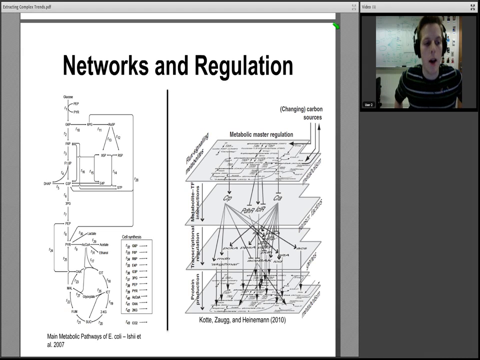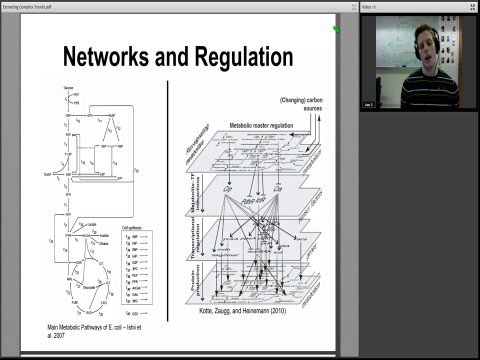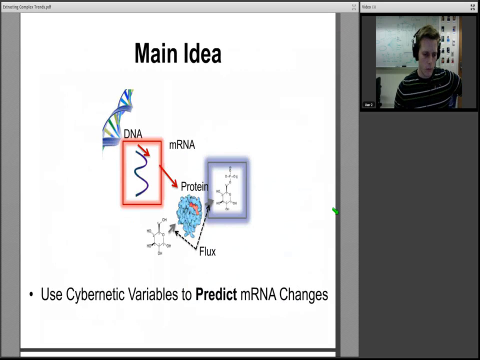For a metabolic network at some point in time, it's being monitored by some transcription factors, which then talk to certain promoters on the DNA, and those result in the transcription and translation of different genes. When these genes are transcribed and translated into proteins, the proteins then affect the state of the metabolic network. And so what we're trying to model is the regulation of metabolism. Our perspective of regulation is that metabolism is regulated towards goals. So what we would like to do is use this assumption about the nature of metabolism, that these metabolic reactions are controlled towards objectives, and then use that to predict from changes on the metabolite level what's happening at